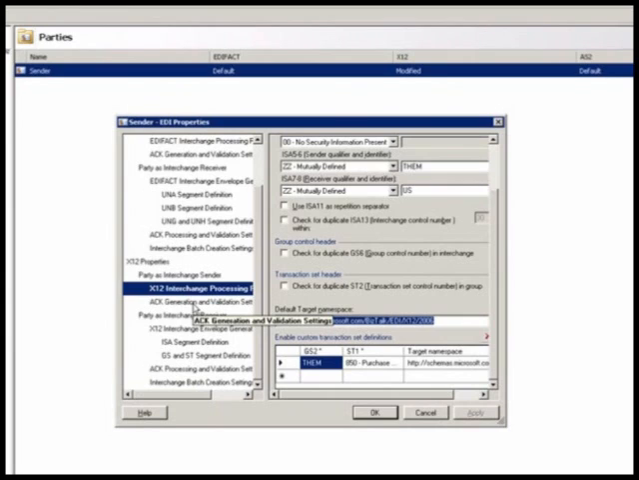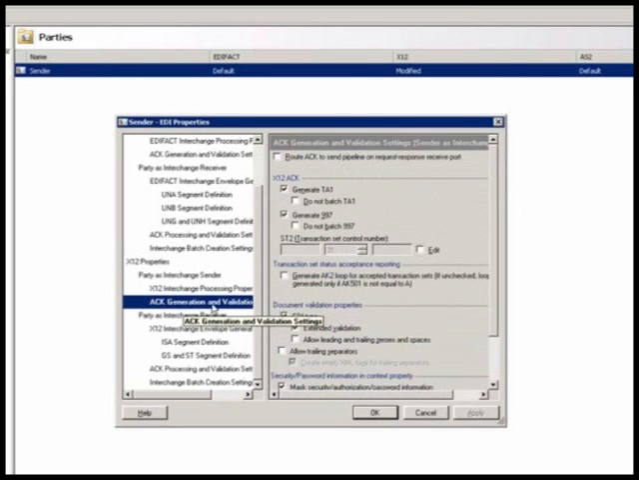party as interchange sender, again like I said, Fabricam is sending it and Fabricam is expecting acknowledgements. Under party as interchange sender, if you click here, act generation and validation, you notice that generate TA1 and generate 997 are selected, because for selecting this, Fabricam is saying that I need these two acknowledgements to be sent back to me. Like I said, Fabricam is also receiving some messages like the 997 and TA1. The properties for them will be set under